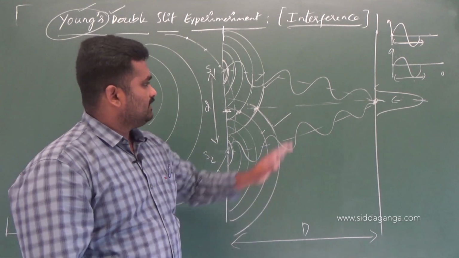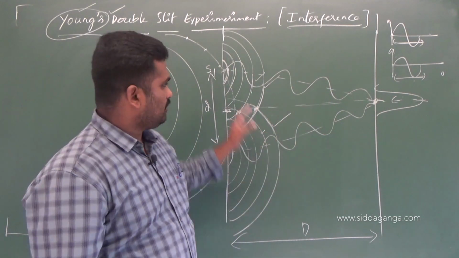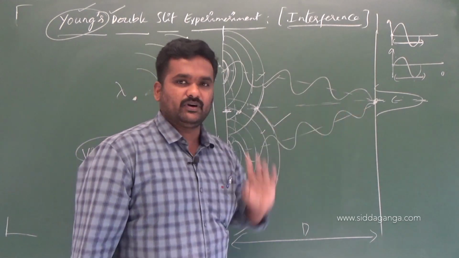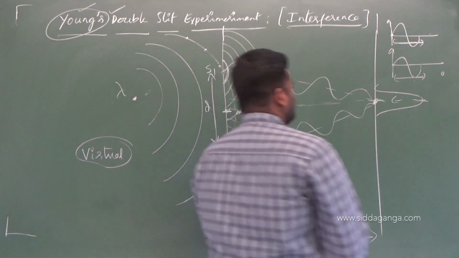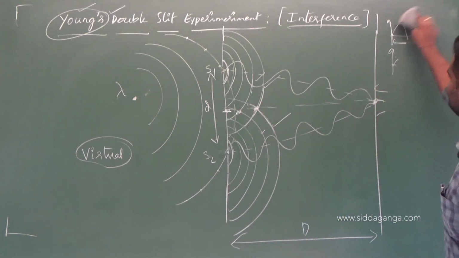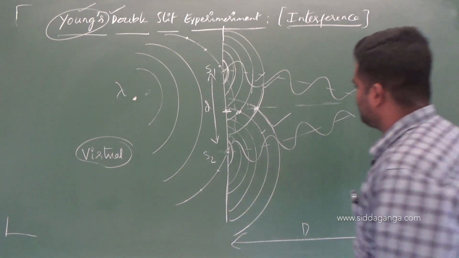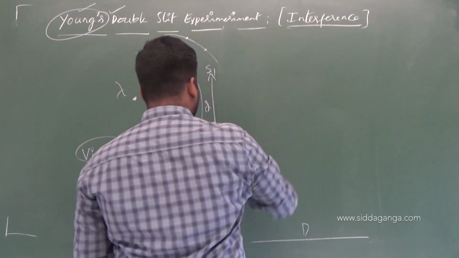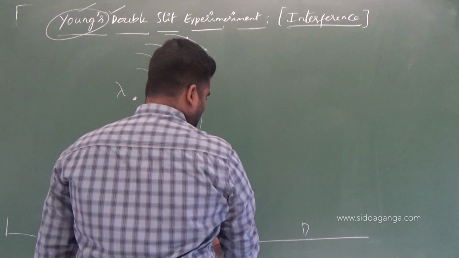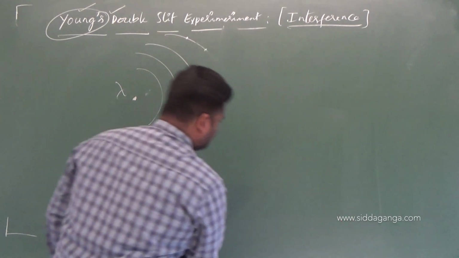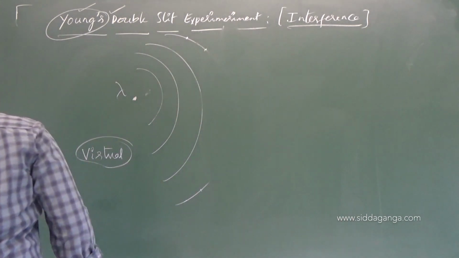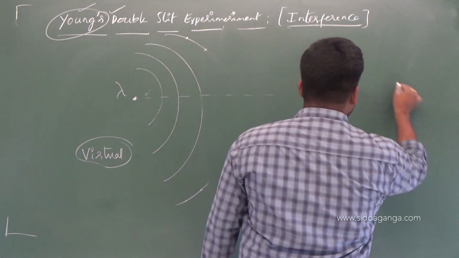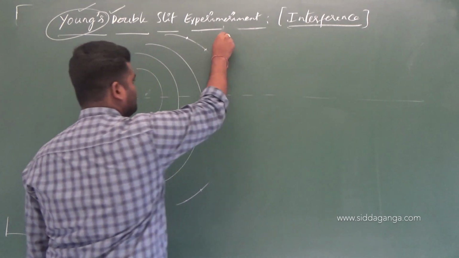So this is a small explanation I have given of how the waves from these two slits S1 and S2 will superpose at that point. Not only this, we need to see what exactly he observed on the screen continuously, not only exactly at the center of the screen, but also away from the center, either above the center of the screen or below it. What are all his observations that we have to study in depth? We will see that.